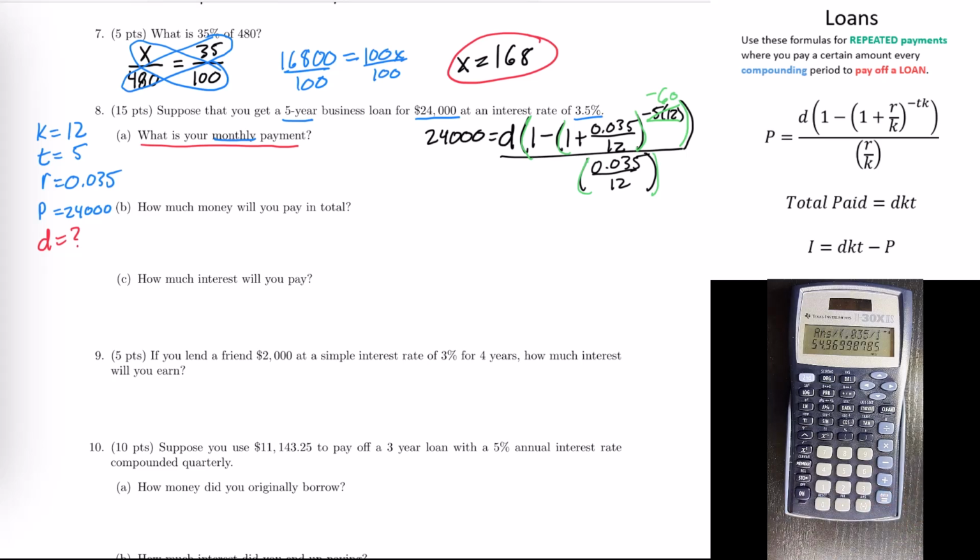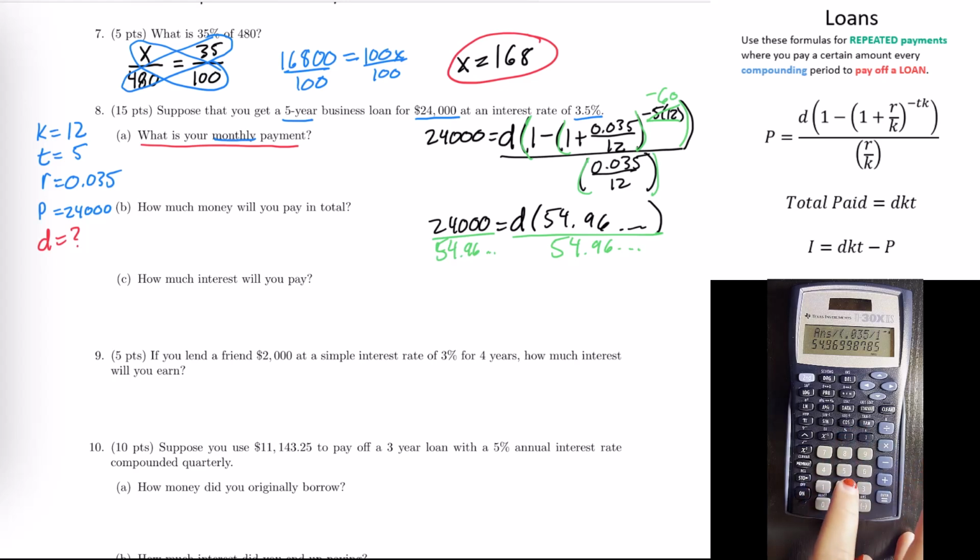And so basically what I've got so far is that 24,000 equals the variable D times this 54.96, etc. number. So to figure out what the variable D is, maybe I'll do this in green. We're just going to divide both sides by 54.96, this decimal that I have in my calculator. And when I do that, 24,000 divided by the answer I have, that tells me that my monthly deposit should be